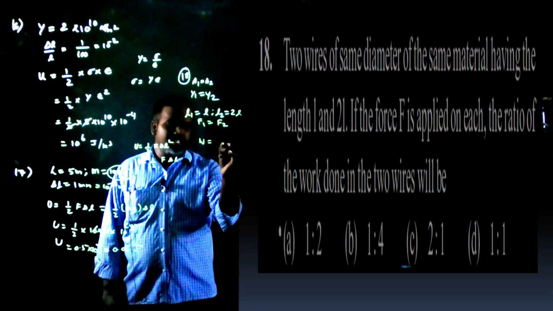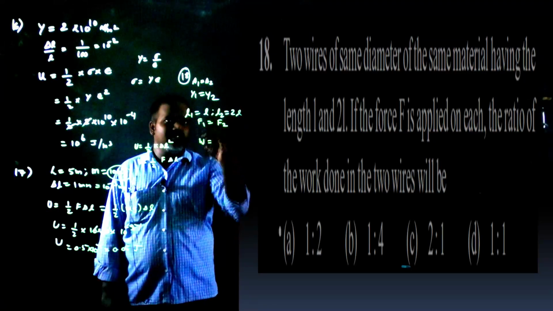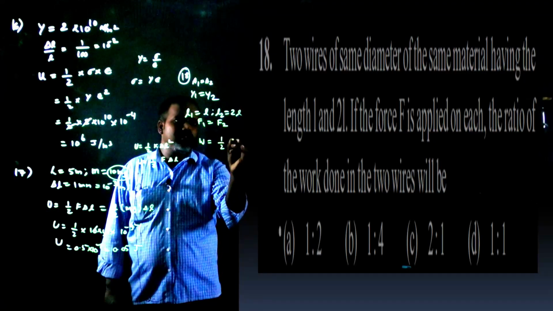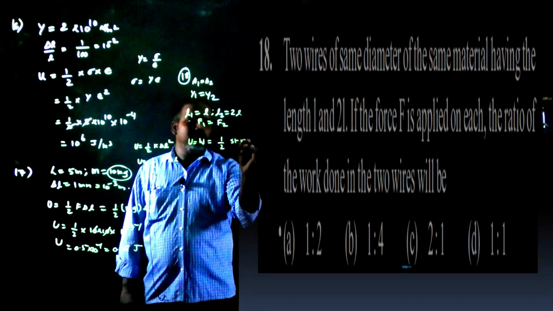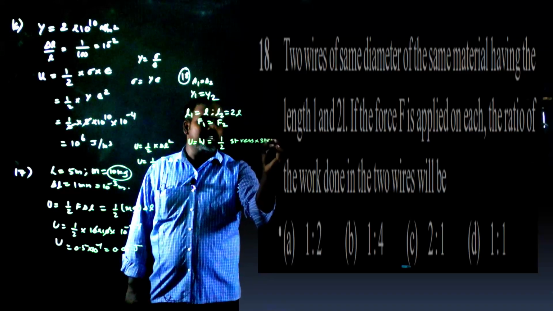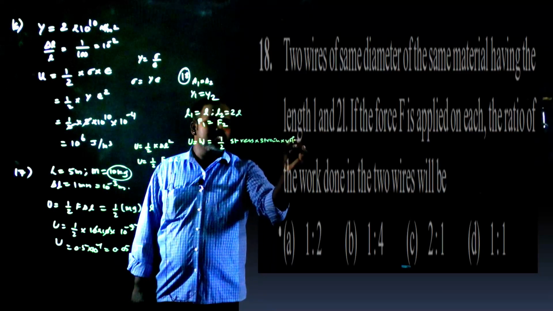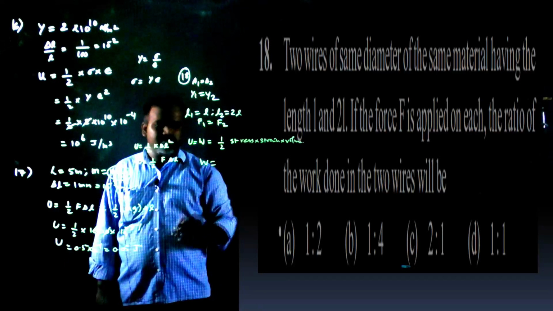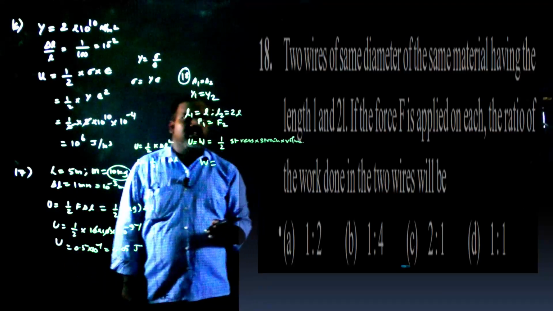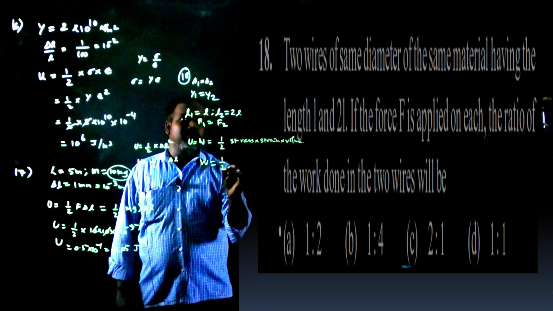So work done is nothing but the data given to us. Therefore, half of this work done is nothing but the potential energy of the system. And we wrote that as stress into strain into volume. So this is the general expression that we have. Therefore W is equal to one by two, and you just see that